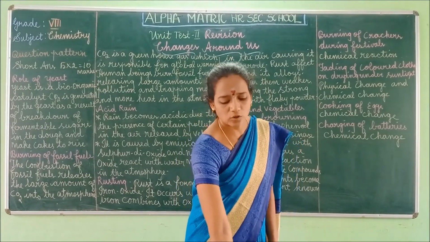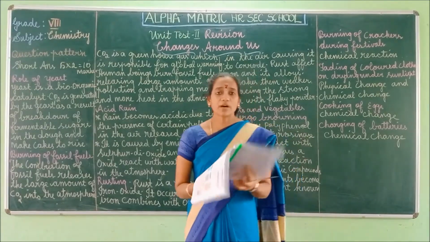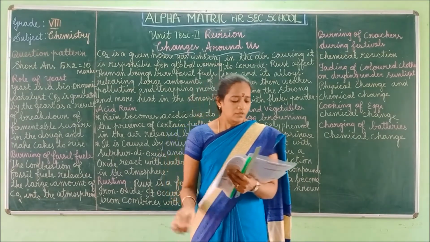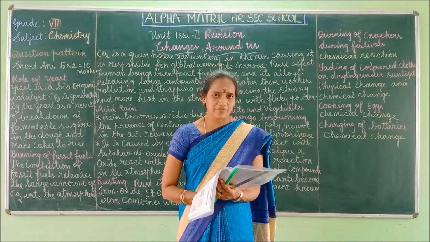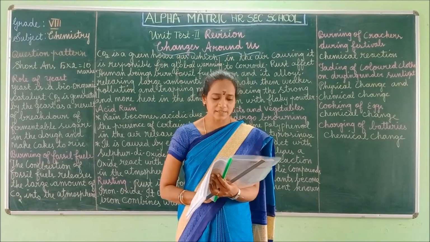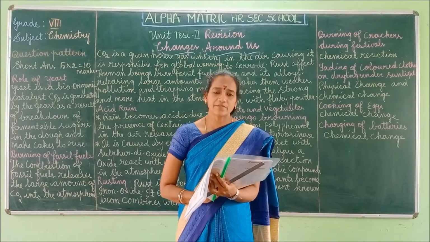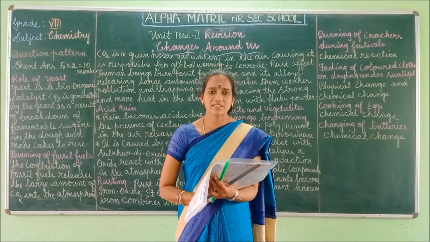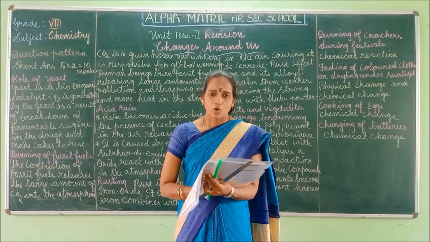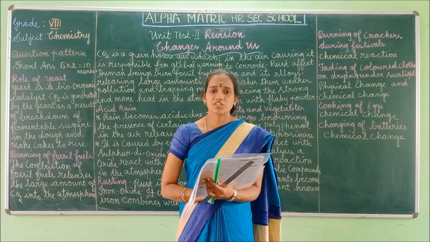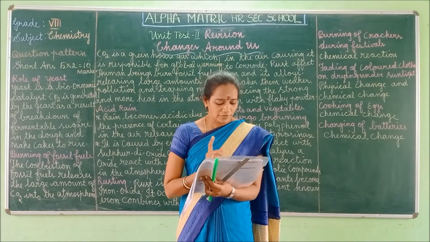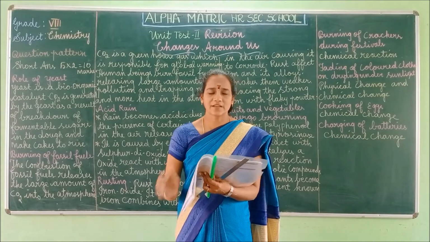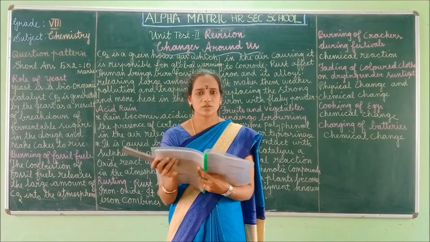So take your book, page number 112. You have to concentrate more on Roman numeral 5, answer briefly, Roman numeral 6, answer in detail, and Roman numeral 7, higher order thinking questions, that is hard questions. Roman numeral 8, value based questions, no need to learn. So you have to learn Roman numerals 5, 6 and 7. All questions you have to learn.